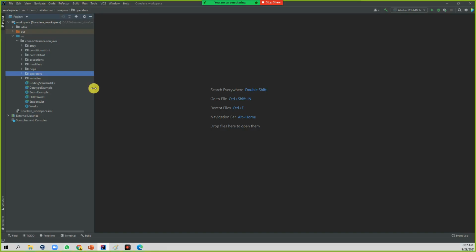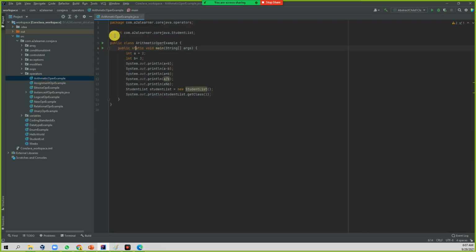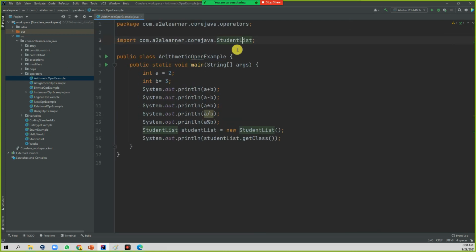What is the meaning of import? If you remember the previous classes, there was an import you were doing every time. When you want to use a class that is outside of your package, you have to import it into your program.